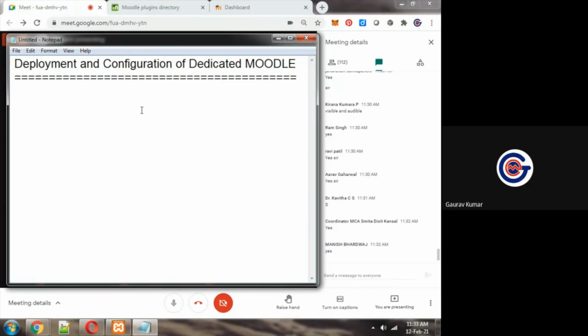In intranet-based deployment, that particular server will be active within the infrastructure only, within the institute only. It will be accessible within campus only. You might have seen many times for secured deployments, we use intranet-based applications. If it is cloud-based, it can be accessed from anywhere in this world.